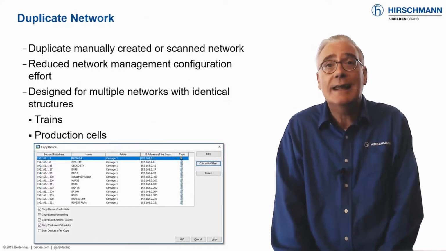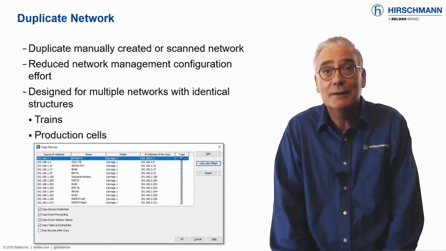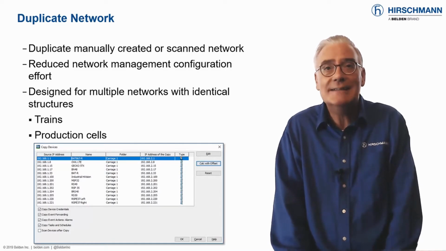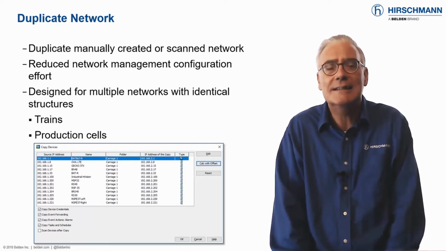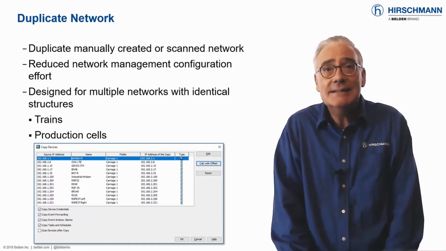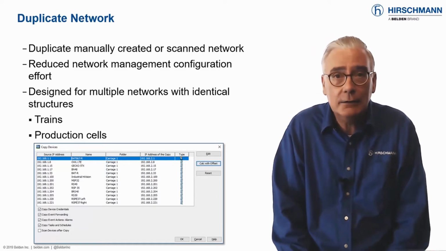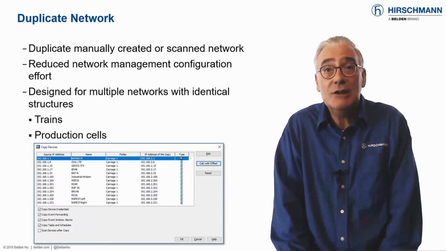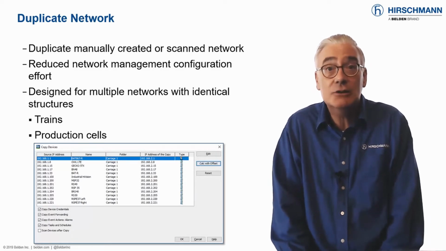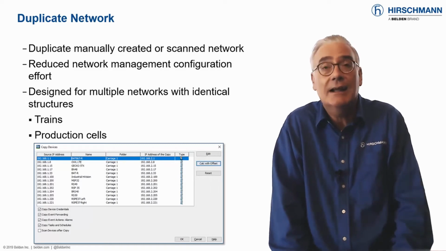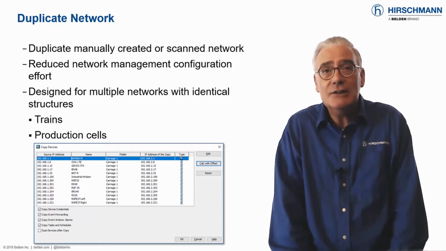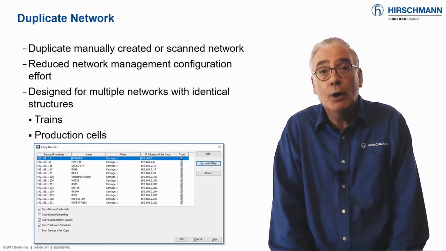There's a well-known saying that no two networks are the same. But, like many things with OT networks, sometimes reality is far removed from general understanding. As an example, let's consider a network on a train. Typically, each carriage will contain identical hardware, for example, cameras, passenger information displays, seat reservation displays, passenger counters, and emergency phones. All these components are networked, so each carriage needs an identical network, but